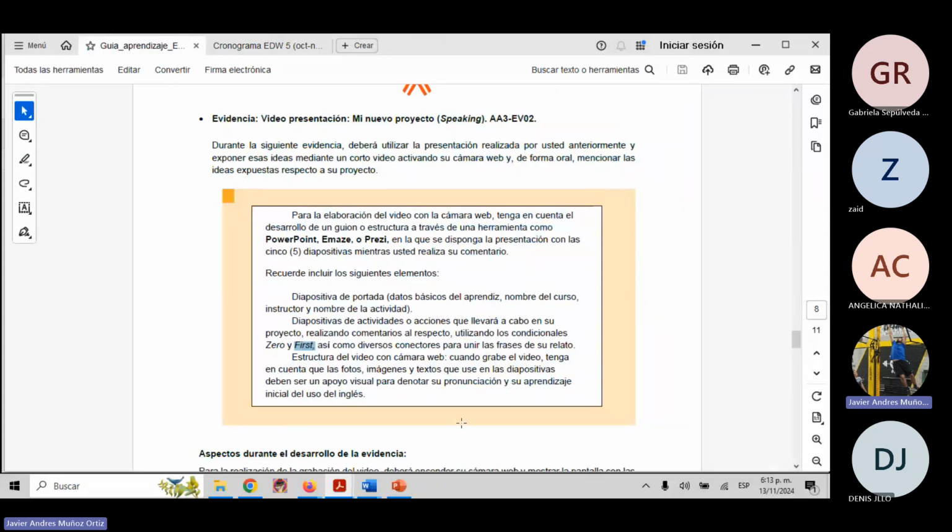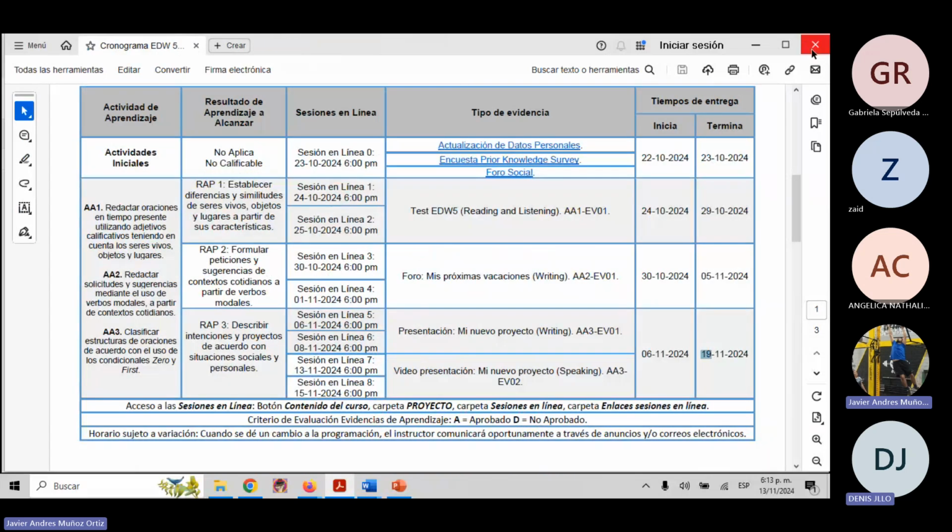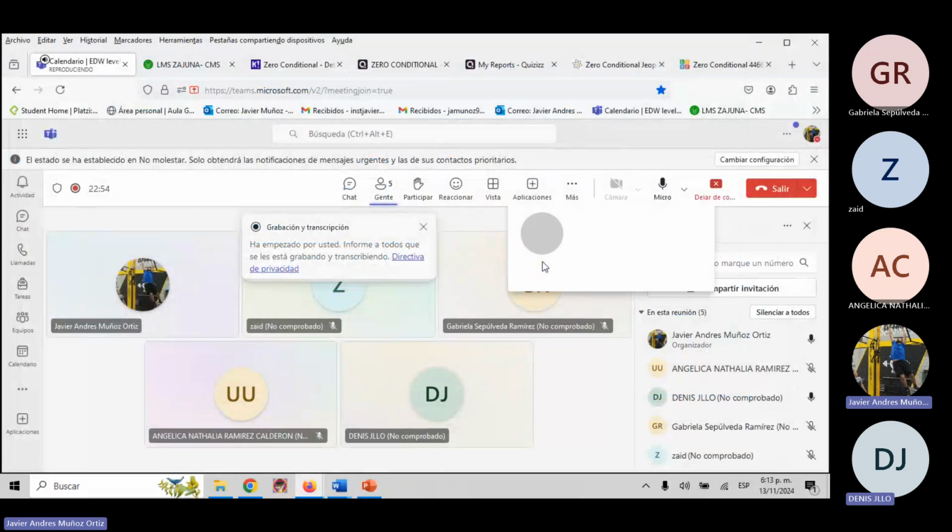This is our learning guide. We already mentioned this. We already know what we have to present. It's exactly the same activity, but divided into parts. Evidence 3 is written, evidence 4 is spoken. That's it. So thank you very much, learning guide. Thank you very much, schedule. Let's go with